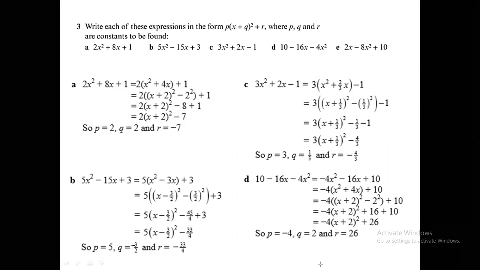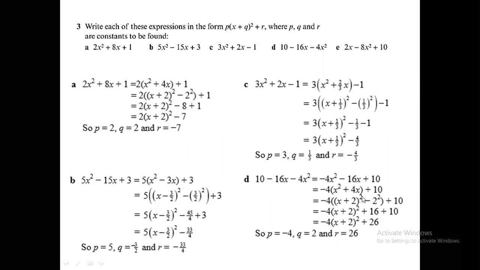All these questions are done in a similar way. But if you come up with this question, there is a small problem over here. The coefficient of x squared is negative, so first you need to write it in the normal form ax squared plus bx plus c. You can write minus 4x squared minus 16x plus 10. Then you can take the constant term as minus 4. If you take minus 4 out, it turns into x squared. From minus 16, if you take minus 4, that is plus 4x, plus 10. Then after that, take half of that, that is plus 2.